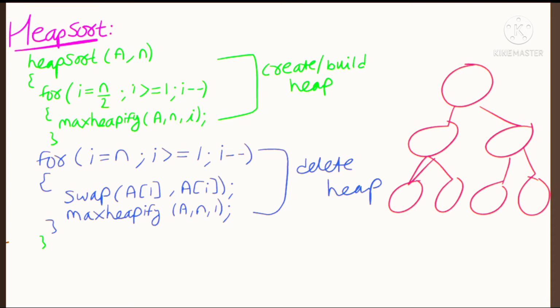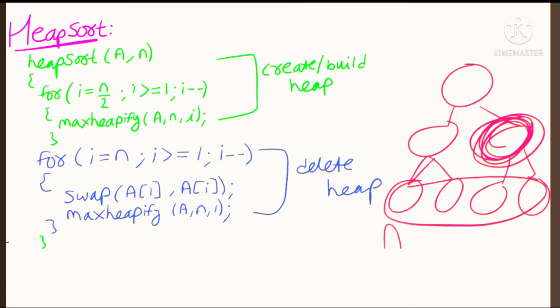We are taking a for loop, i is equal to n by 2. You know heapify is done with this one parent at n by 2 position, not the nth position, because we have no concern with leaf nodes. We will go ahead from n by 2. So we are declaring i as n by 2, i is greater than or equal to 1, the index is greater than 1, it cannot be less than 1. i minus minus. After this we will come here, then go to the next position, so the index i keeps decreasing. Then max heapify a, n, i, the array, number of elements and i, whatever it is at that time, let it be this and this.